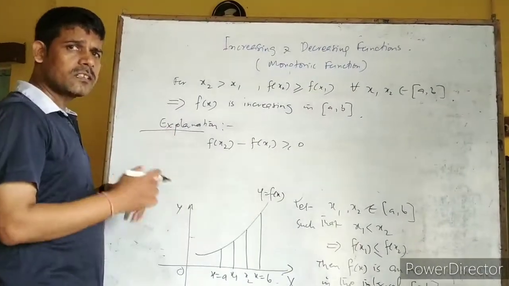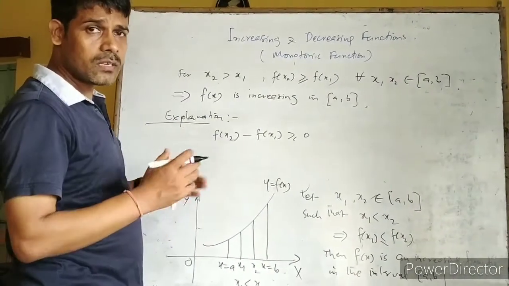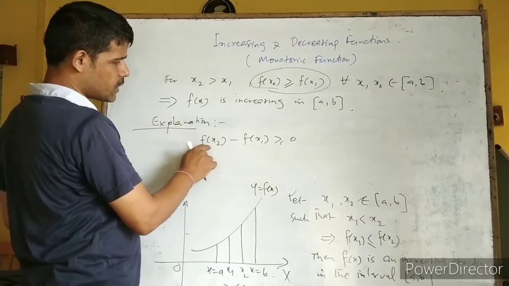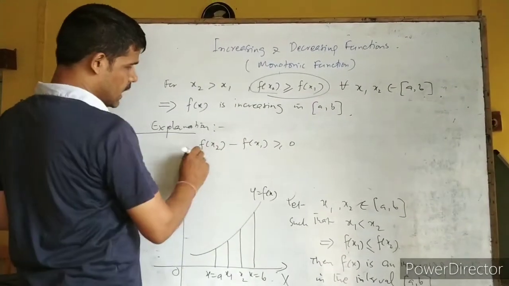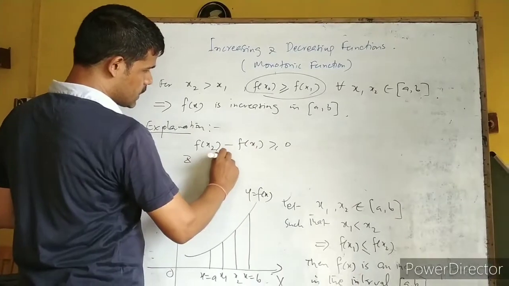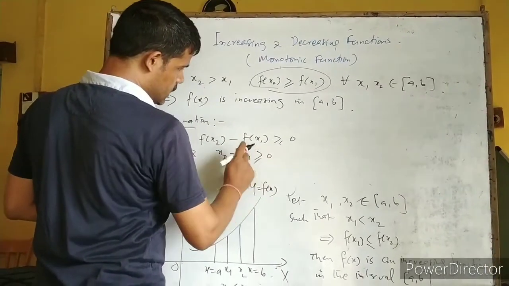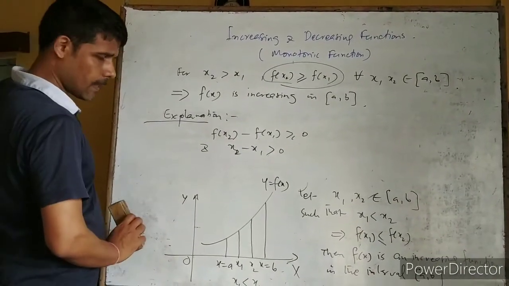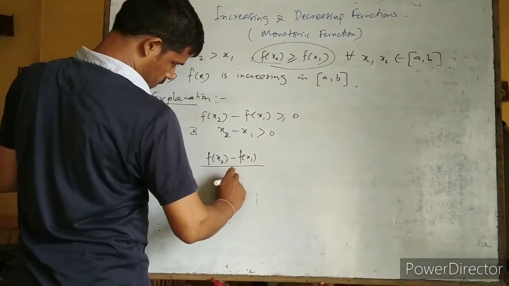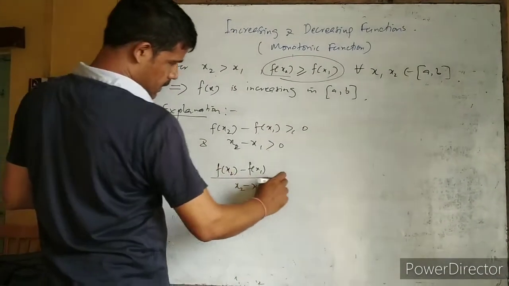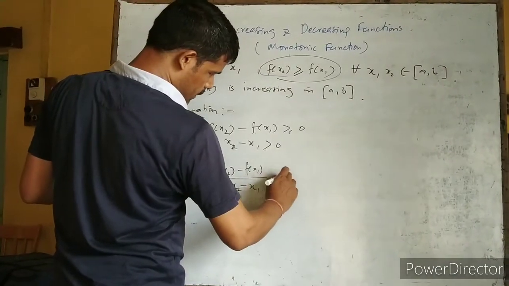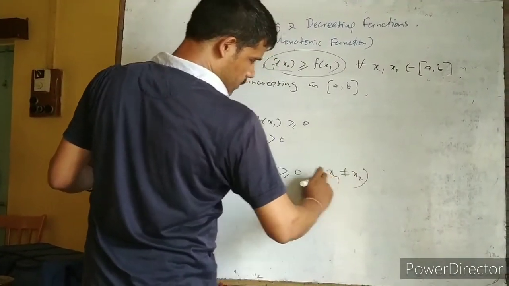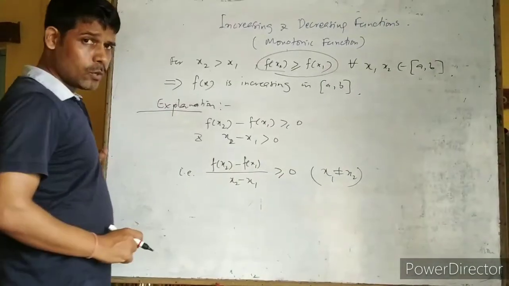Now let us try to connect the classical definition with calculus. Now if we have this situation, look at this, we can always go for f(x2) minus f(x1) is greater than or equal to 0, and x2 minus x1 is greater than 0, not equal to, greater than 0. Okay. Now if this is the situation, if I take this, then what is this value? Tell me. This value is going to be something like greater than or equal to 0. Because here x1 is not equal to x2, note it. Both are not the same because we cannot have 0 in the denominator.